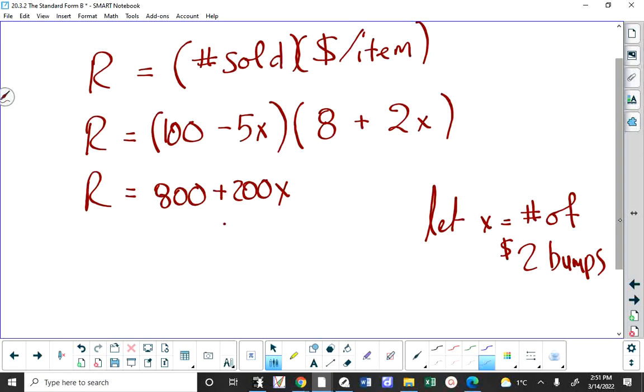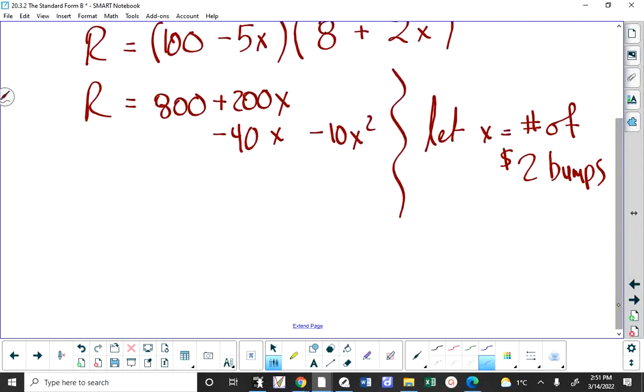Inner is negative 40x. And last is negative 10x squared. If I write this in standard form, I put my x squared term first,